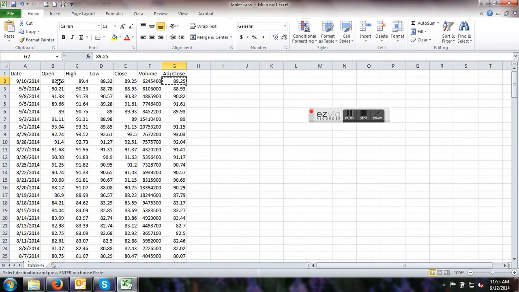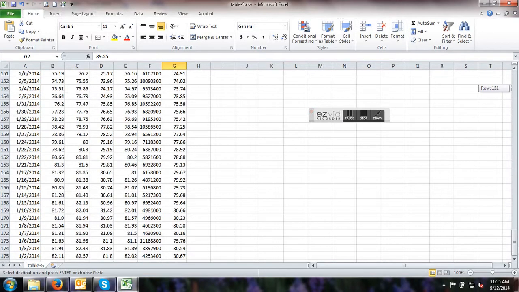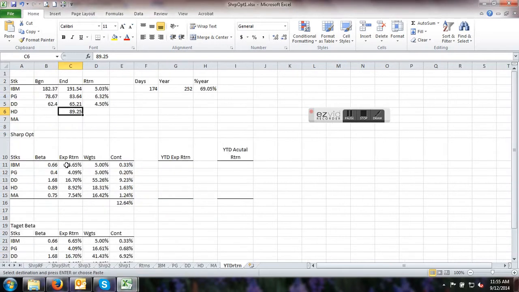We'll come back here. You notice that this is on line 2. Go down to the bottom. We're at 175, so that means there are 174 trading days. We're going to Control C, copy this one, and come back and Control V to paste it. And then our return equation, double click here, is just the ending price minus the beginning price in parentheses divided by the beginning price. So I already have that equation put in. We're just going to go ahead and drag it down one. So our Home Depot return so far has been